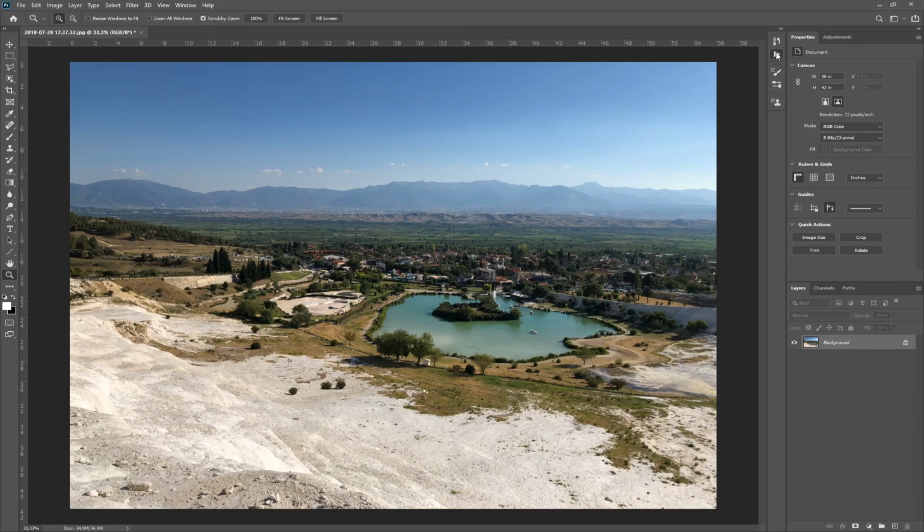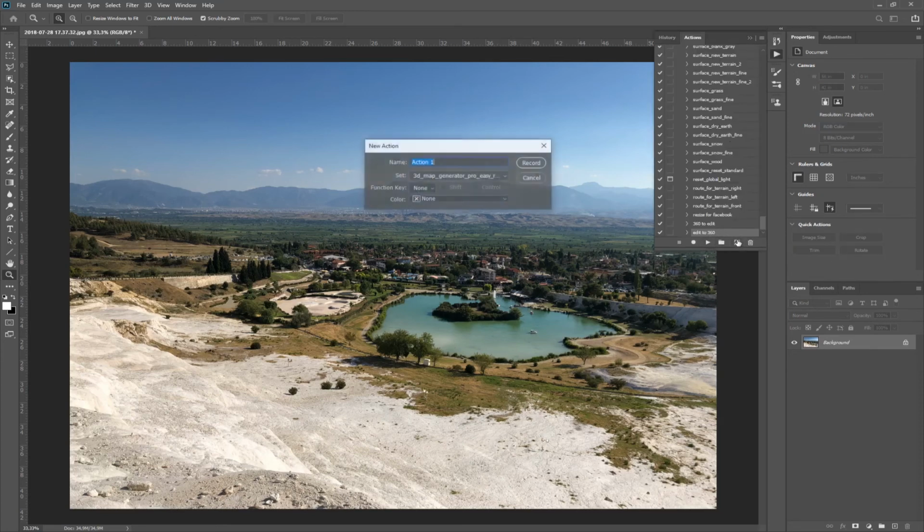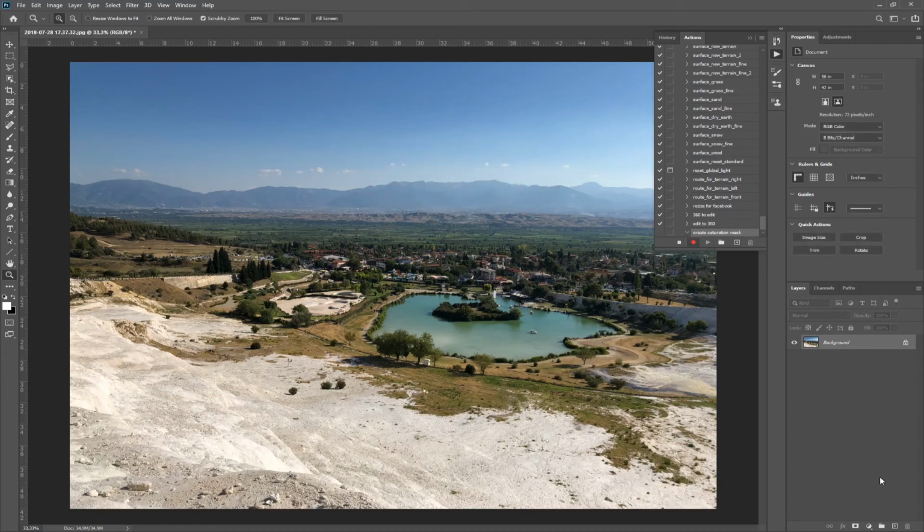Here's a new action that I'm going to record, new, and I'm going to call it saturation mask. Let's call it create saturation mask, because I already have an action called saturation mask. So create saturation mask, record. The steps are always the same for a saturation mask. First, you need to